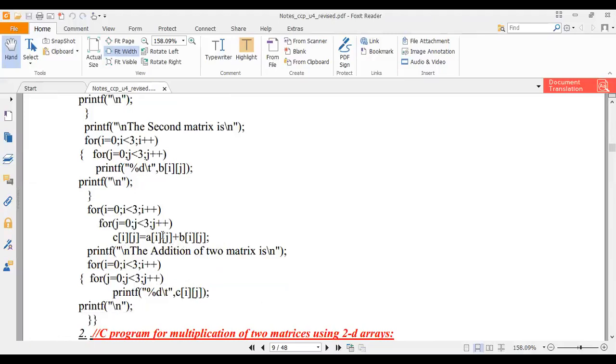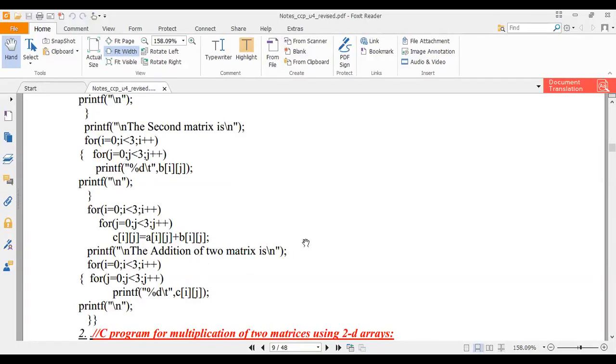If you want to access each and every element of the A matrix, then each and every element of the B matrix, and element by element we have to perform addition. Does anybody have any doubt in addition of two matrices, please tell me immediately. Because this is not so difficult a task. Addition is simply done in the mathematical way.